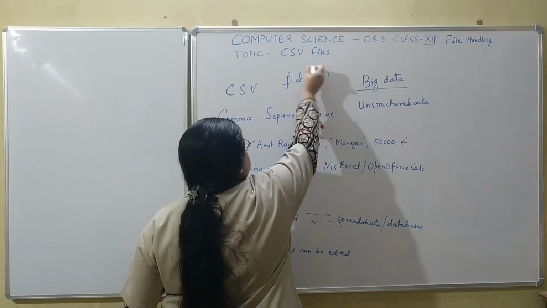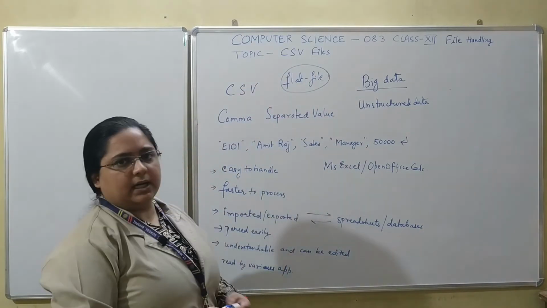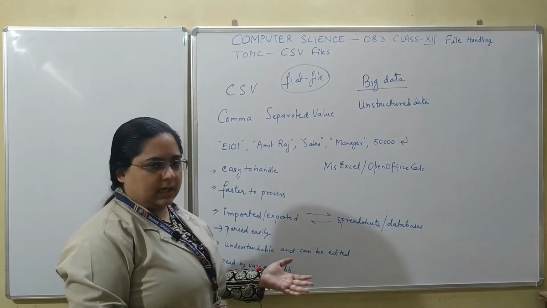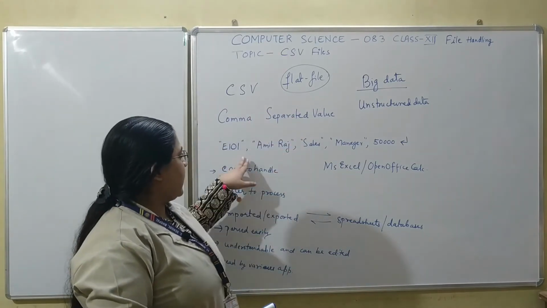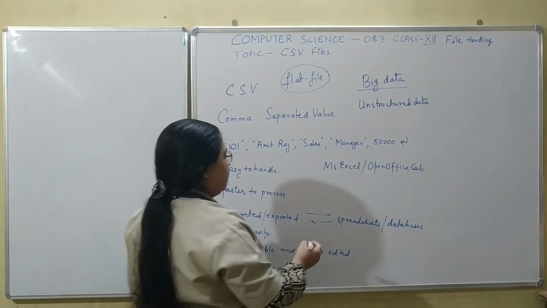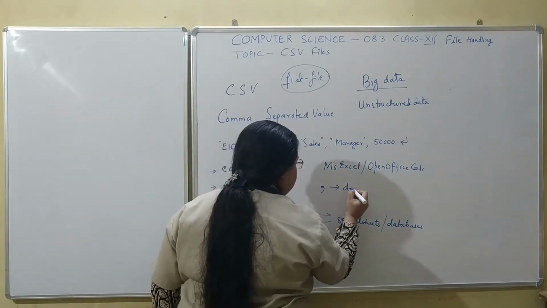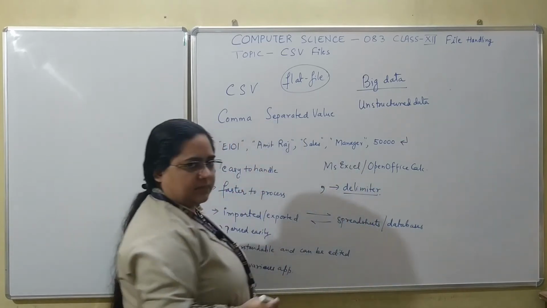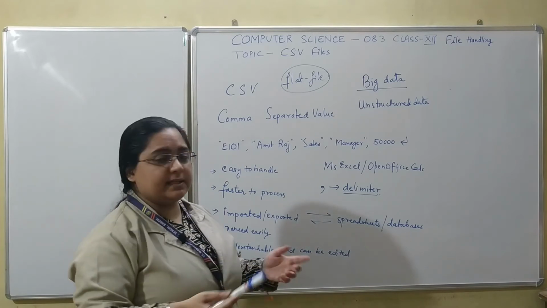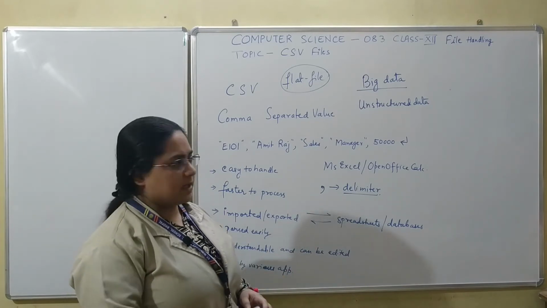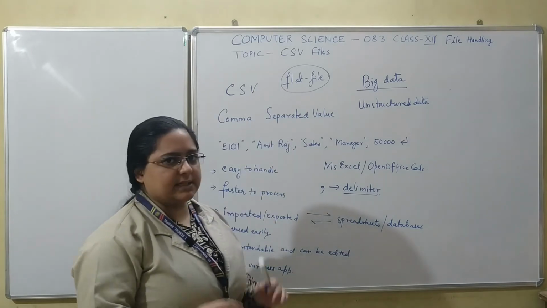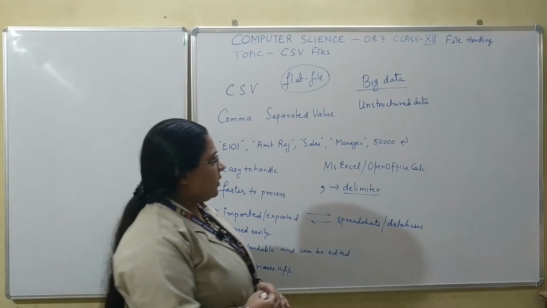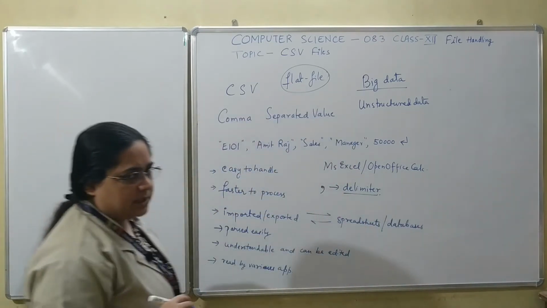It is a flat file, an electronic storage of data which can be easily stored by means of a comma, and this comma is known as a delimiter. Such flat file systems are easy to read by various applications. That is the reason why CSV files have a definite identity.